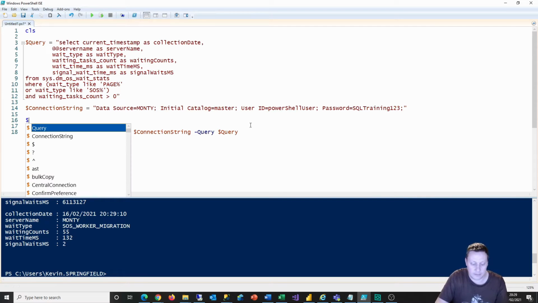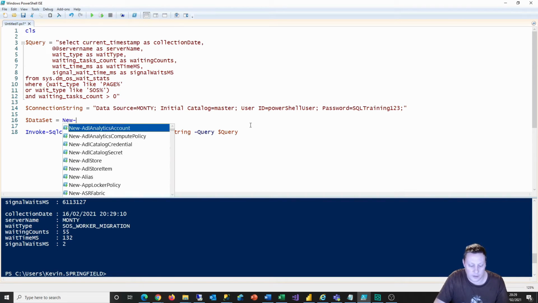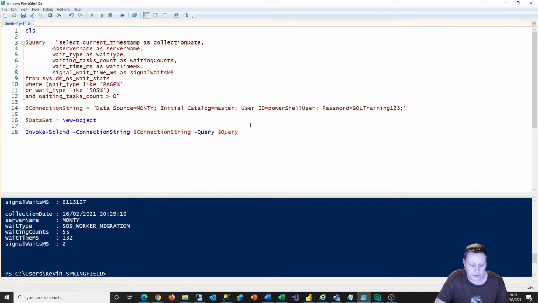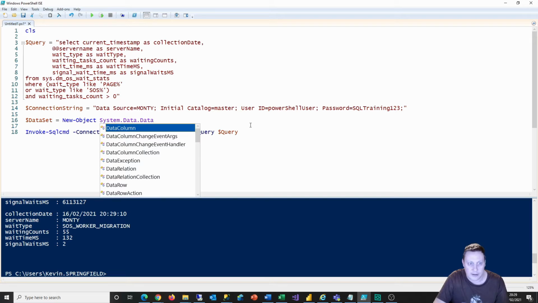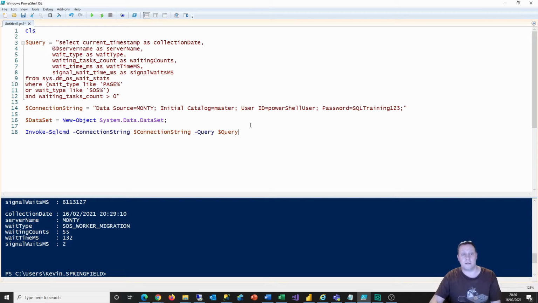I'm going to add in a data set, and for this I'm going to have a new object, and it's going to be a System.Data.DataSet. If anyone has ever used C# and stuff, this will be pretty familiar. We're just creating a new object of type dataset, and I'm calling the object dataset because it's easier that way. So what I can now do is say, okay, return my data to the dataset,